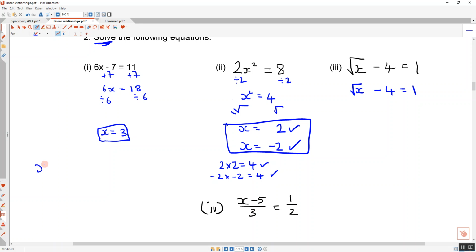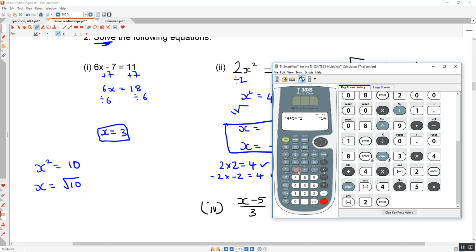If I have x squared equals, let's say, 10, and now I want to work out what x is, I take the square root of it. Now if I put this into the calculator, let's just quickly do this. This is important. My square root button is the second button here. The answer is